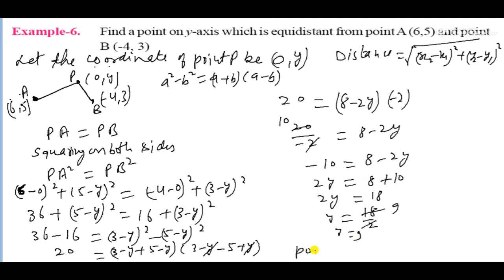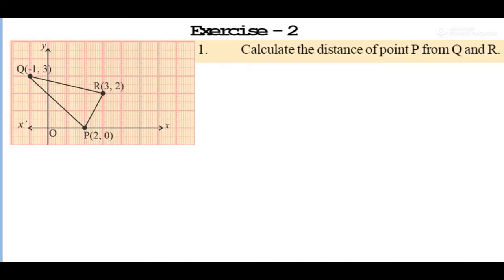and in the second bracket 3 minus y and minus 5 plus y. As you know, y will be cancelled out, and now calculate this one. So it is 28 minus 2y. So 2y transfer to left hand side. So it is 8 plus 10. So it becomes 18. So that is 2y. So y is equal to 18 divided by 2. So y is equal to 9. Hence, that is the answer.